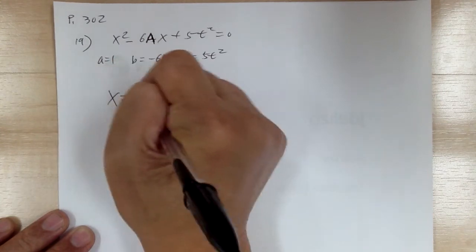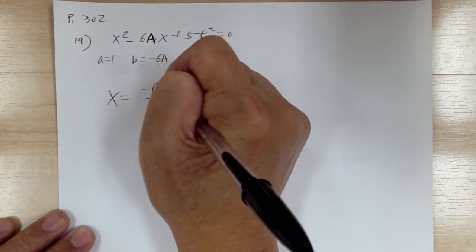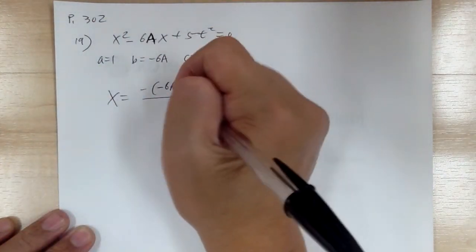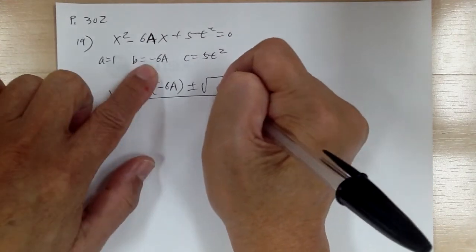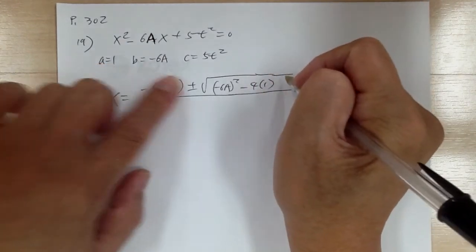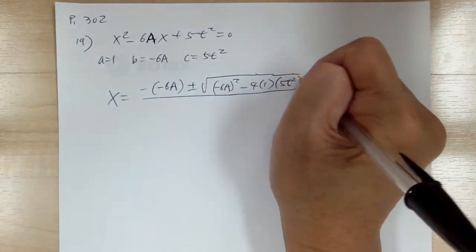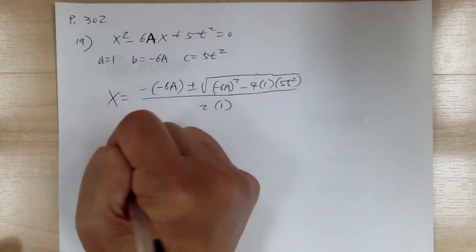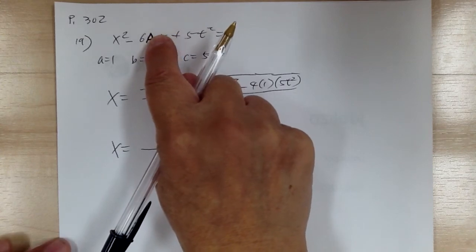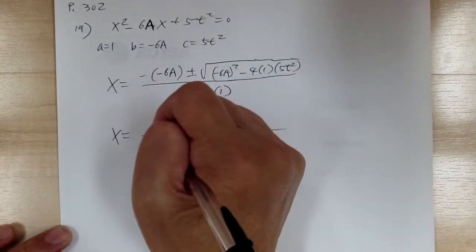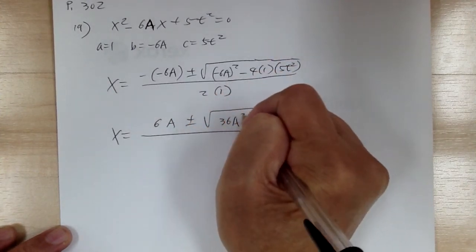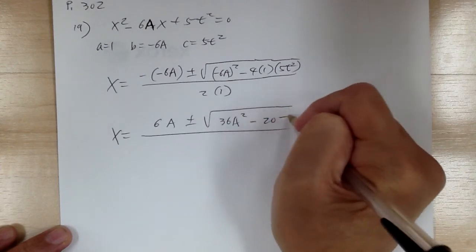Okay? So x will equal to negative b. So I can make it into capital A and I can switch back later on. Okay? Plus or minus square root of b squared minus 4Ac over 2A. So x equal to, and again the reason I use capital A is because I don't want you to confuse between this a and this a over here. Okay, so you got 6a plus or minus square root of 36a squared minus 20t squared